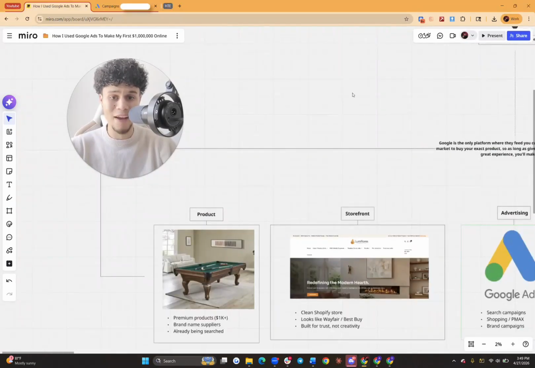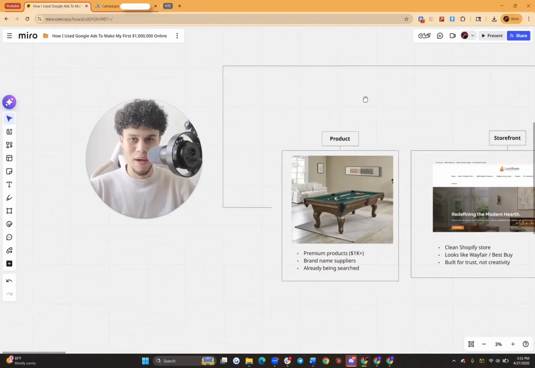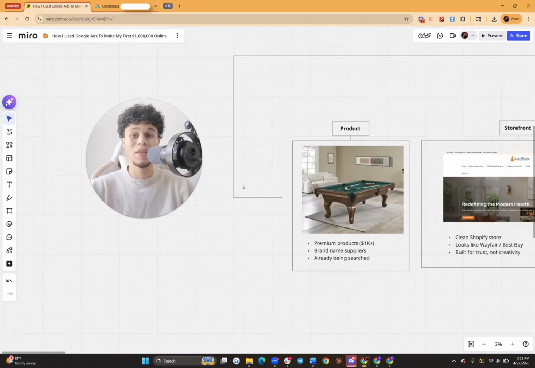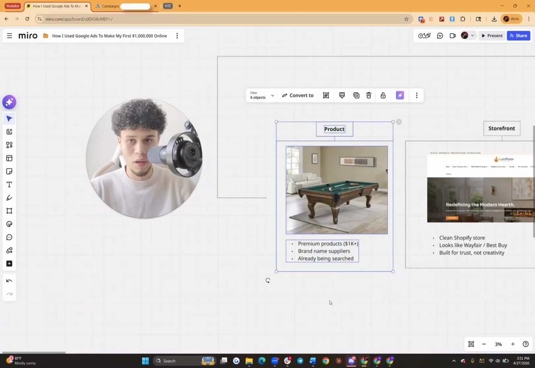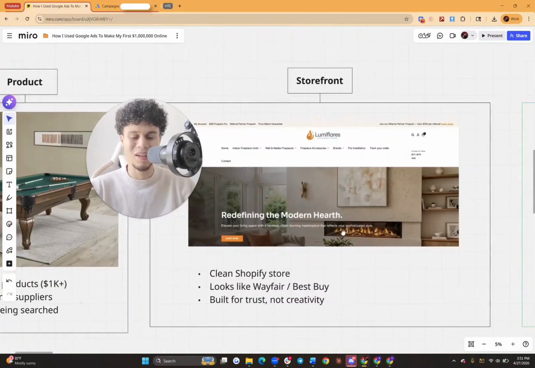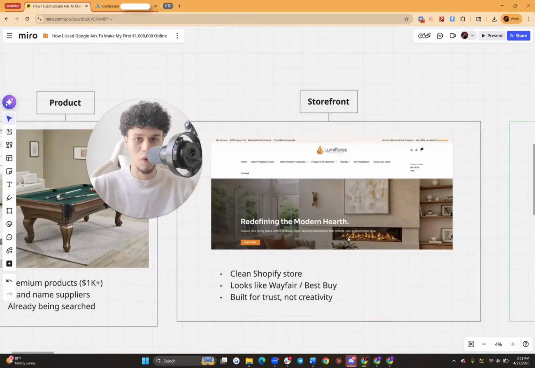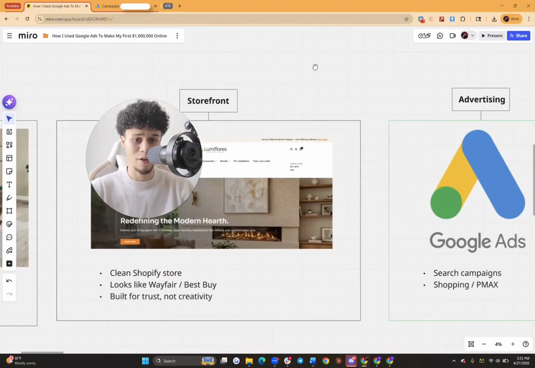My system, and how I'm actually going to translate what I'm going to teach you today into sales, how it actually works. Now I'm going to talk to you guys about the actual system that allows me to turn these Google Ads that I'm going to show you how to build into real revenue and real money in my pocket, okay? First things first, as you can see right here, the product. We sell premium products from brand name suppliers, and they're already in demand every single day. Secondly, we're selling this on a clean Shopify storefront that is professionalism focused. Okay. It resembles Wayfair and Best Buy. It doesn't have any spinning wheels, crazy emojis, or crazy flashing lights. If you want to get an idea of how our stores look, I'll set up a video right here so you can see me break down and expose how we actually build our stores.